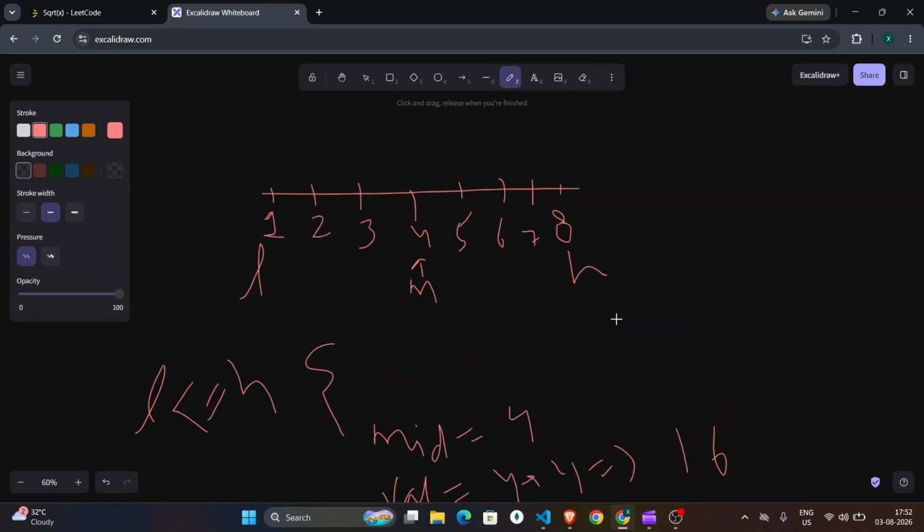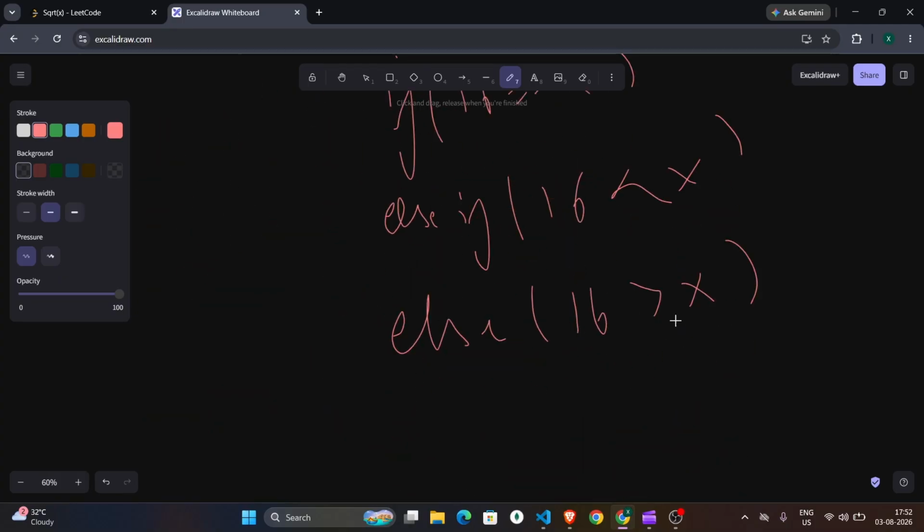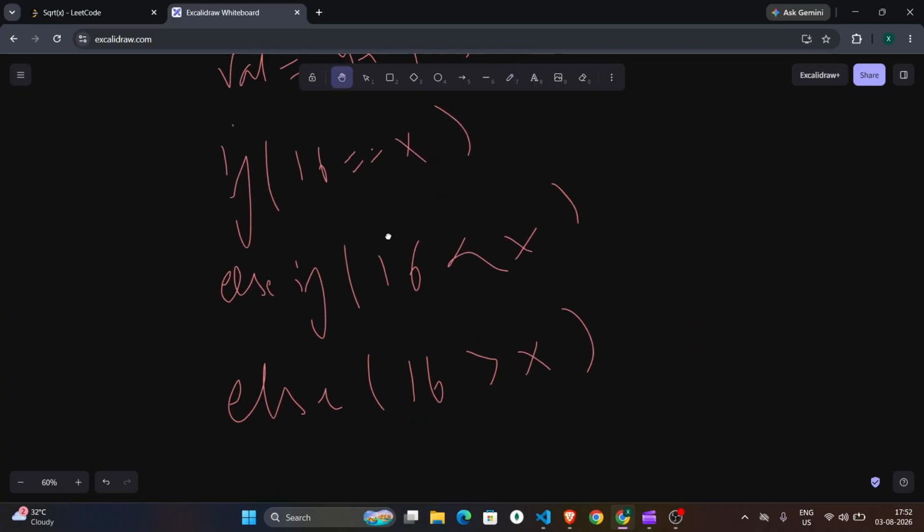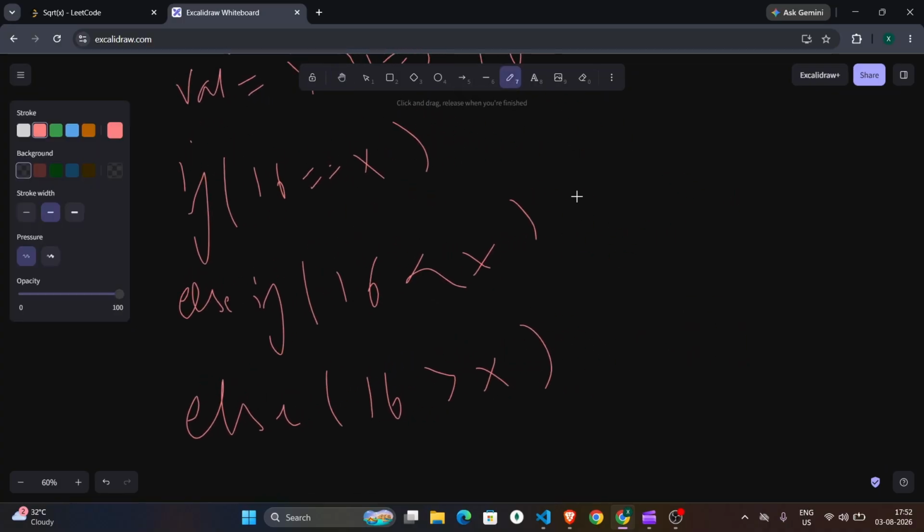So we have to remove now this right half. So we have to remove this search space. So what we will modify? We will modify this our h pointer. So it will come over here on 3. So it will point on 3. So in the else condition, we write h is equal to mid minus 1,